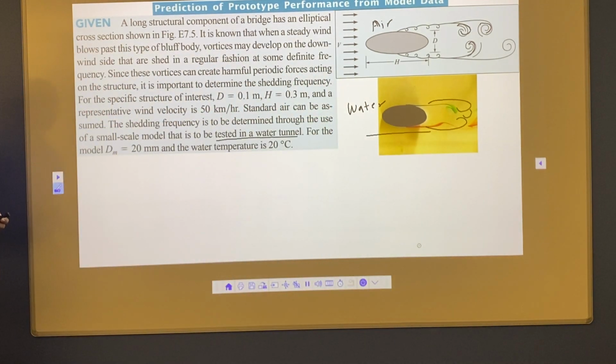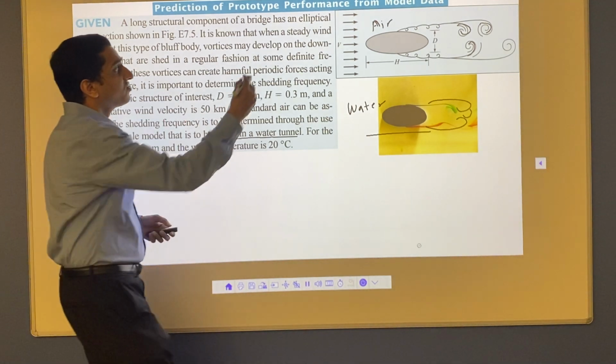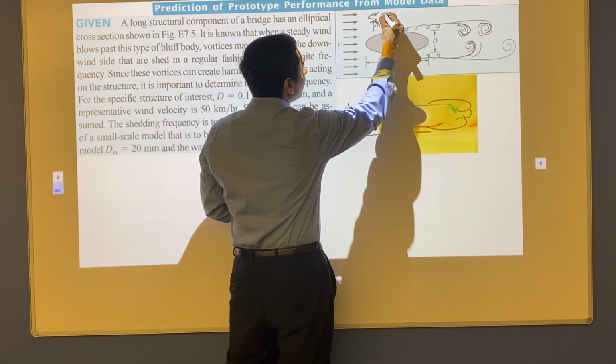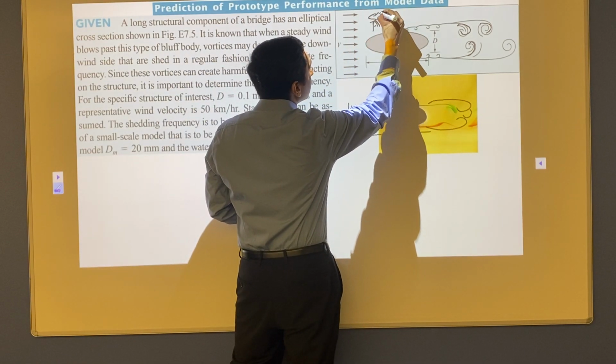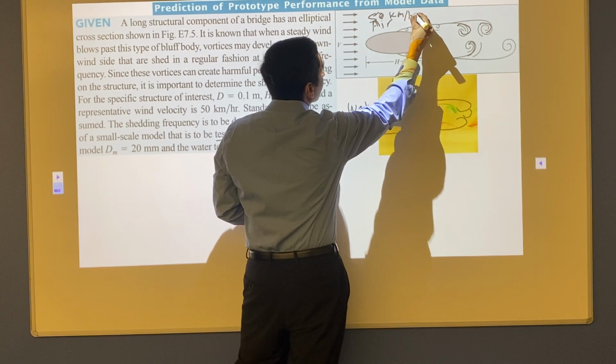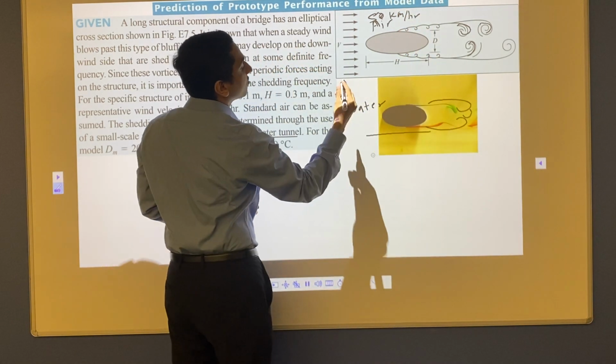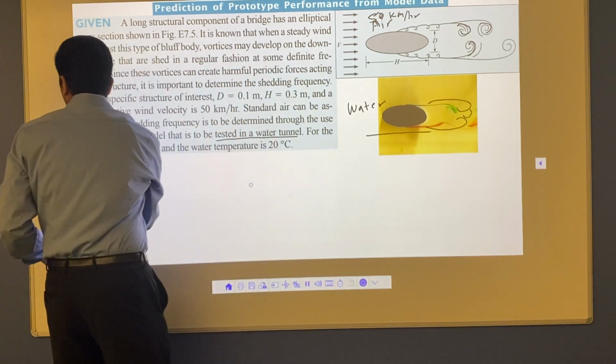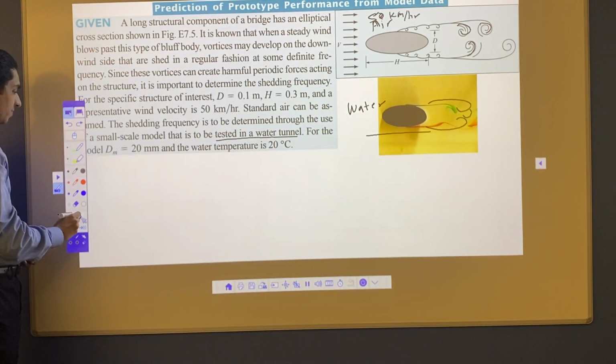So it says that the velocity is 50 km per hour, original velocity. So this air is going to be 50 km per hour. I don't know if you can see that. So this one is 50 km per hour,